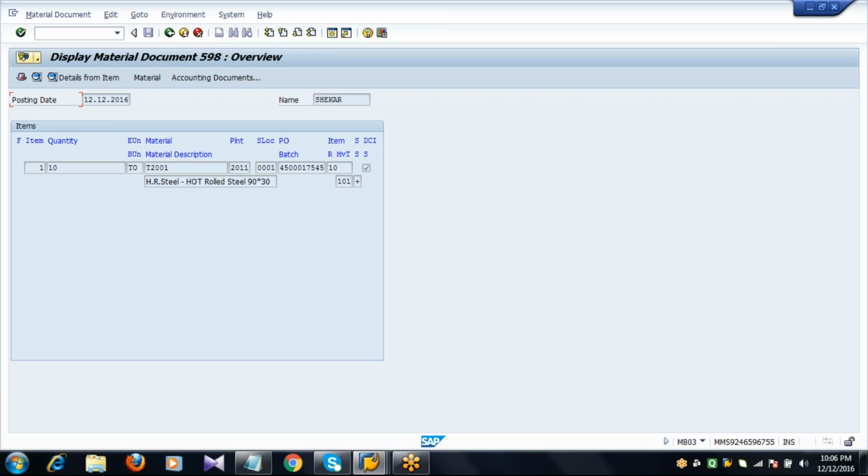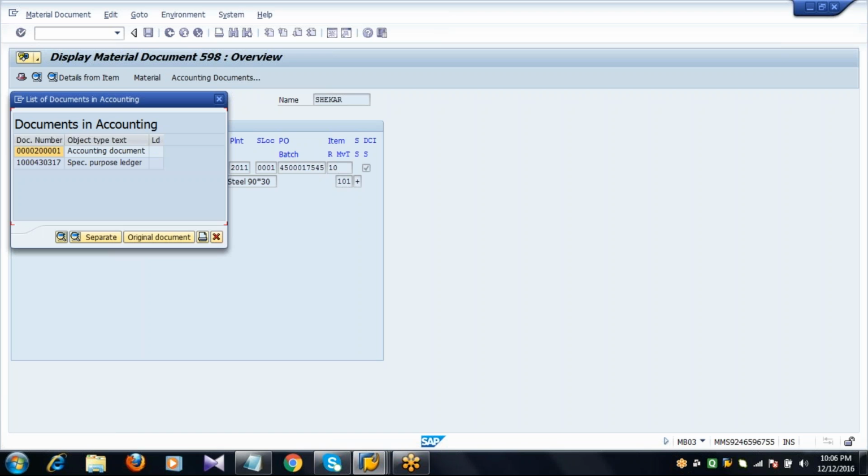Then click on accounting documents. Then click on the document number.